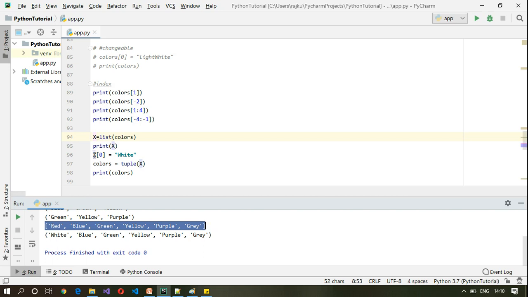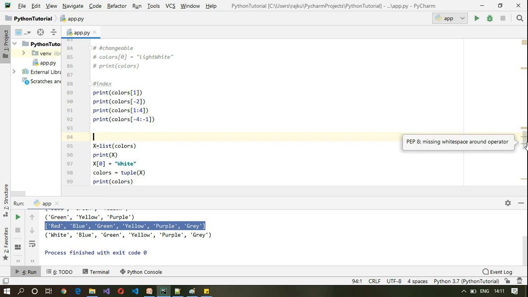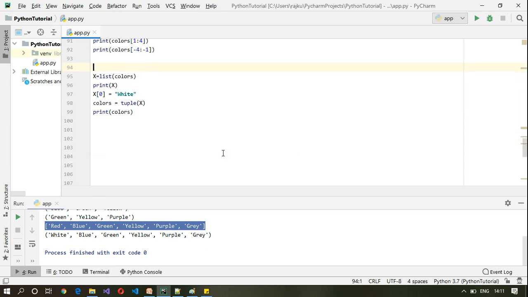So I change the value to white, and then after changing the value I convert that back to a tuple and print the tuple value. So this is one way of attaining mutability by converting a tuple to a list and back to a tuple. There are some methods available which we will see.